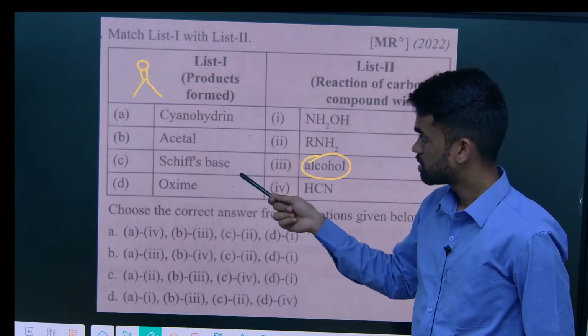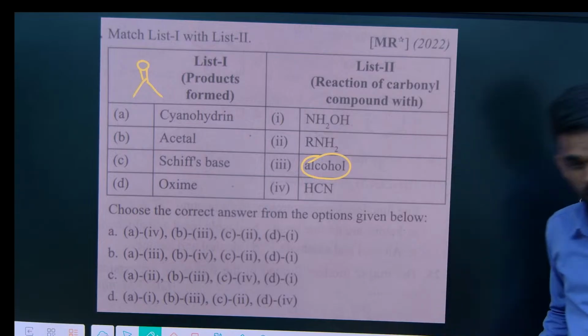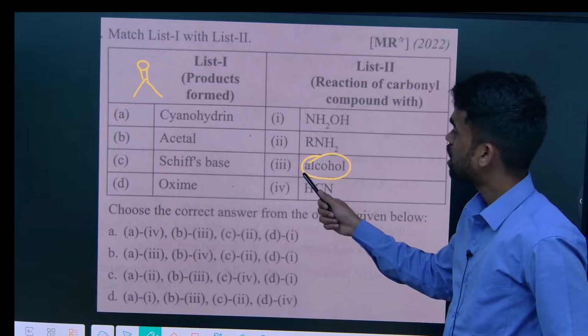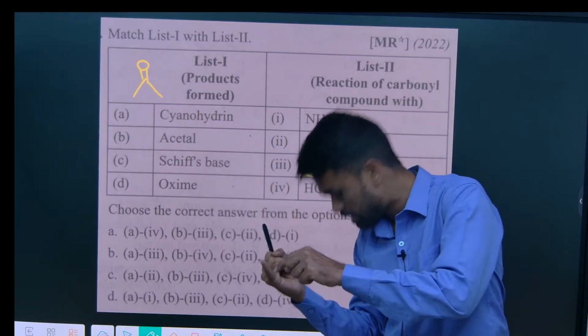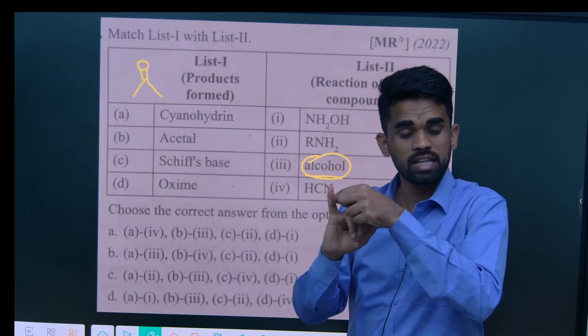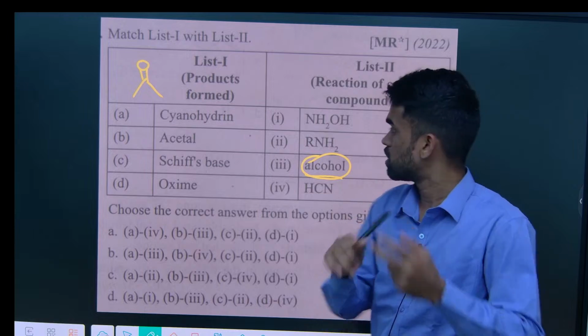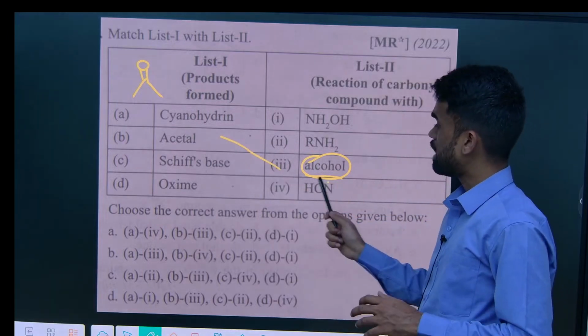Read this. So what we are going to get? Alcohol to the carbonyl compound. Like if it is aldehyde, we are going to get either hemiacetal, next acetal. If it is a ketone, we are going to get hemiketal, ketal. So B3. Okay. Then next, if I am adding HCN,